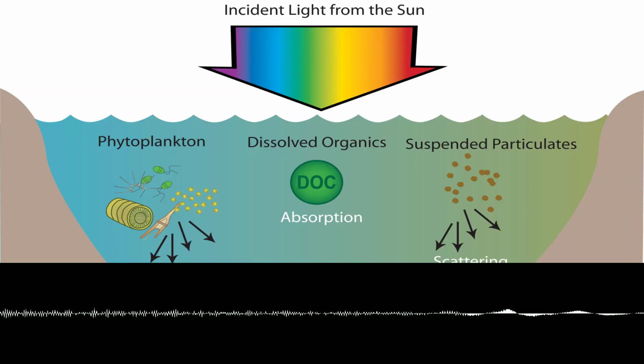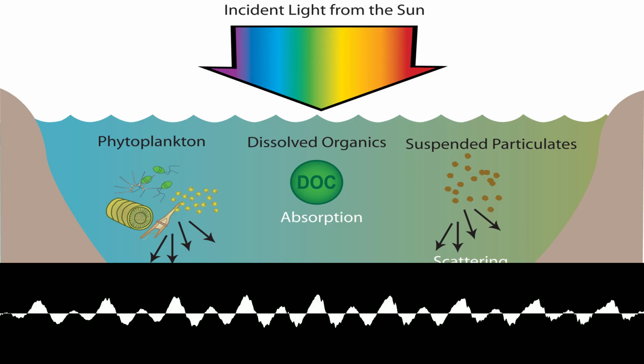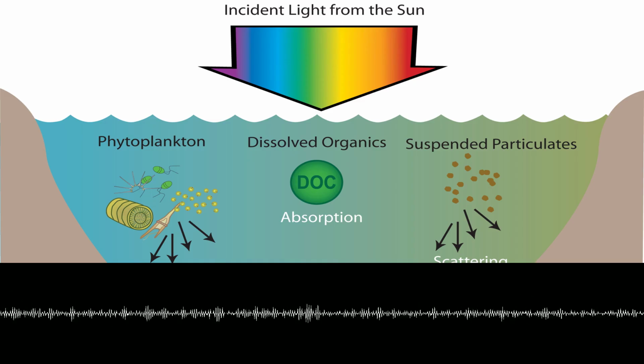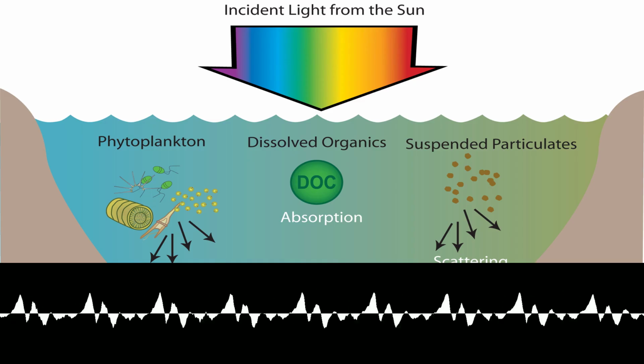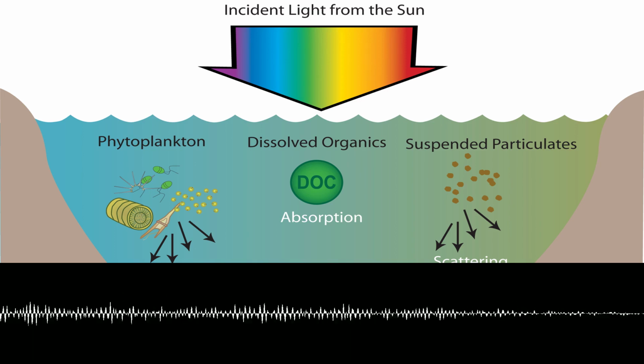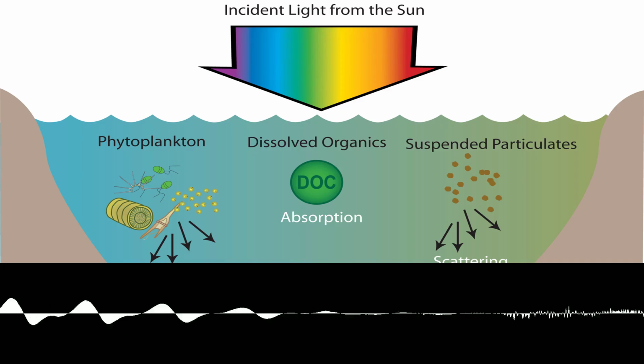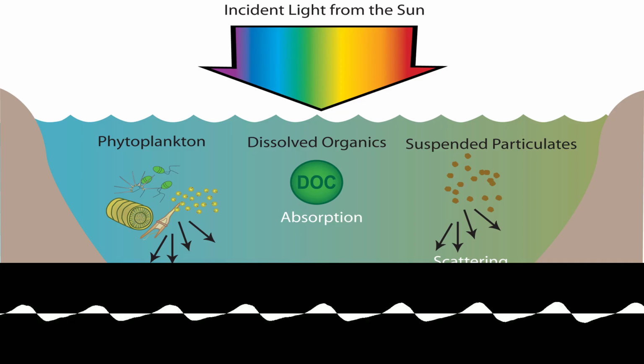The azure expanse of the sea, a canvas painted with the hues of an endless sky, has captivated humanity for millennia. The reasons for its colour, however, remained a question, largely unresolved until the early 20th century. Prevailing wisdom attributed the sea's blue primarily to the reflection of the sky above, a mirror image projected upon the water's surface. This explanation, while seemingly intuitive, possessed inherent limitations that a young Indian scientist, Chandrasekhara Venkata Raman, sought to